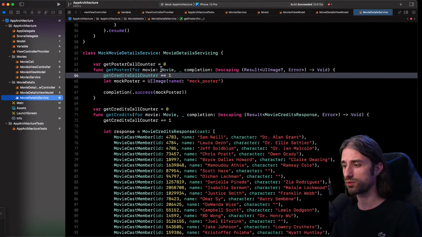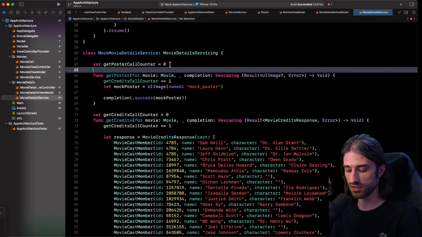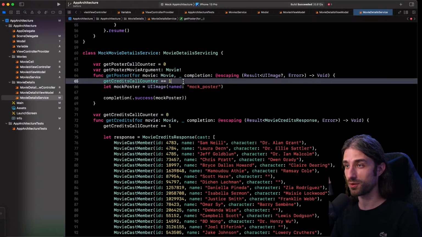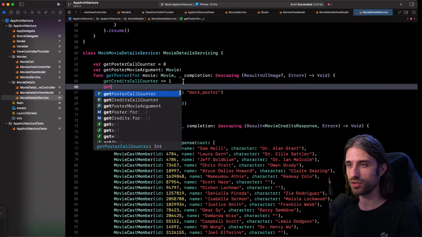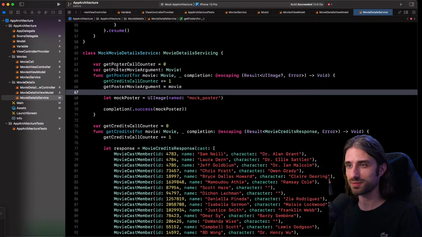And maybe I would like to test that they were called with the correct argument, so with the movie that was given when I created the view model. And I can also do it because I can just add a new local variable. I will call it get poster movie argument, and it will be of type movie implicitly unwrapped. And what I will do, once again, when the method gets called, I'm going to store inside this variable, so it's rather a property, I'm going to store the value of the argument. This way, inside my test,